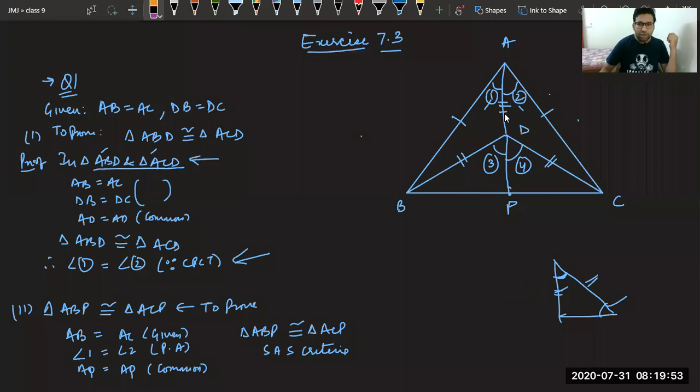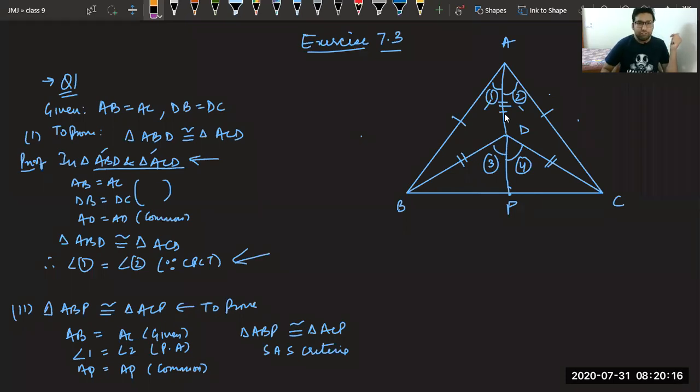Okay, till now, any problem to anyone? Please confirm. So can we use ASA criteria? ASA criteria. But in which triangle? Gurleen saying APB and APC. APB and APC. Okay, angle you are taking equal. Just Noor saying CPCT.